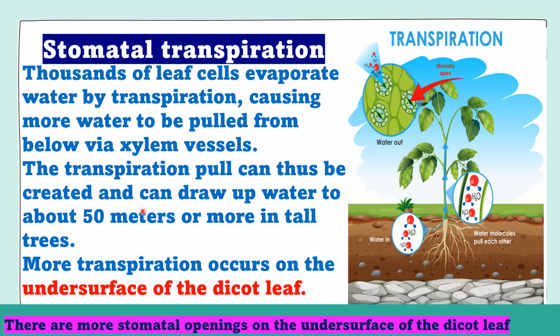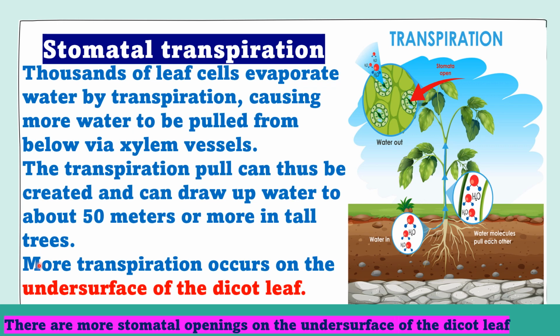Thousands of leaf cells evaporate water by transpiration, causing more water to be pulled from below via xylem vessels. There are numerous stomata present on the undersurface of the dicot leaf. You already learned that almost 1000 to 10,000 stomata are present on the undersurface of the dicot leaf per square centimeter. The transpiration pull can thus be created and can draw up water to about 50 meters or more in tall